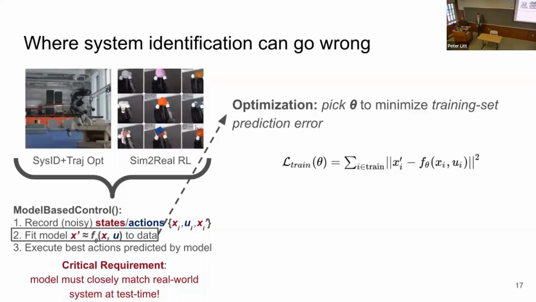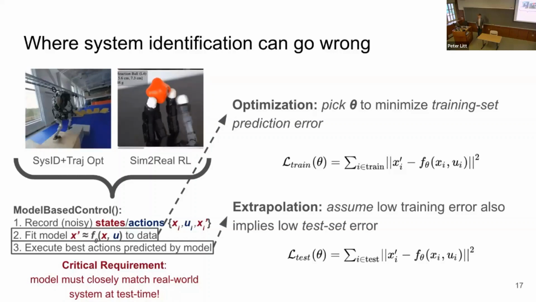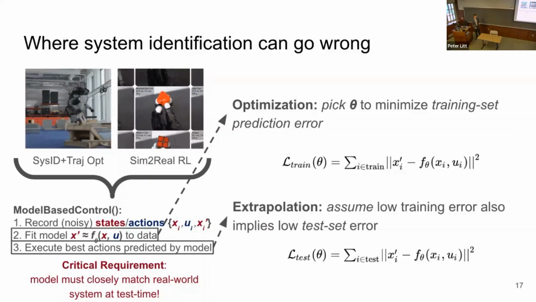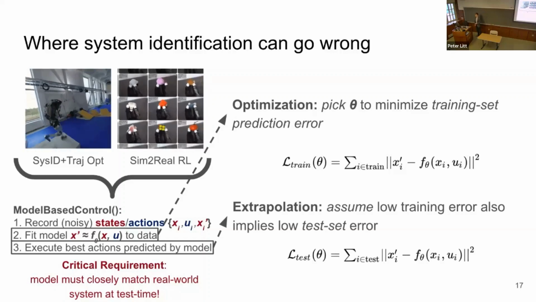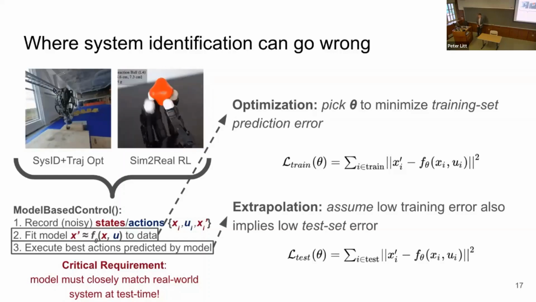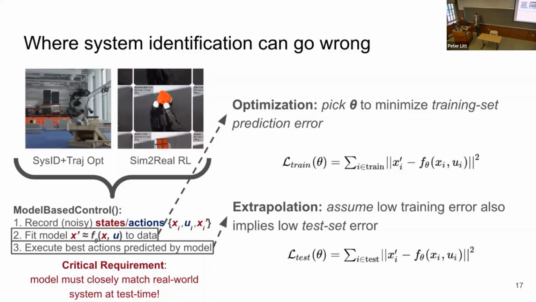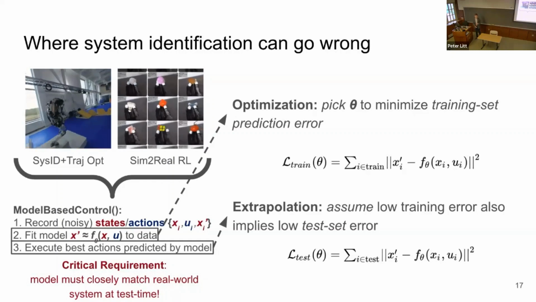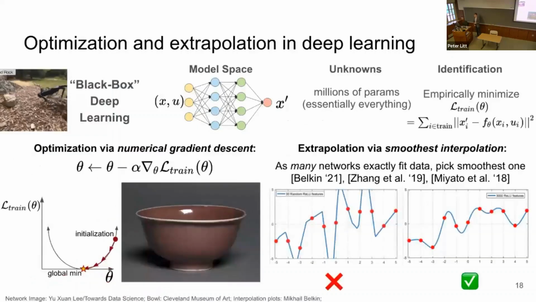But then we pretend the model that we have is identical to reality, and then we execute actions that the model thinks are good. So in essence, there's a second extrapolation step, where if we assume on the calibration data the prediction qualities are good, if we've observed that, we're assuming that they're also going to be good at test time when we deploy the robot to do new behaviors. And in reality, this is mostly an assumption. There are rarely hard constraints that we can use to prove that these two values, L-train and L-test, are exactly aligned. So it's worth examining how neural networks perform both of these two steps.